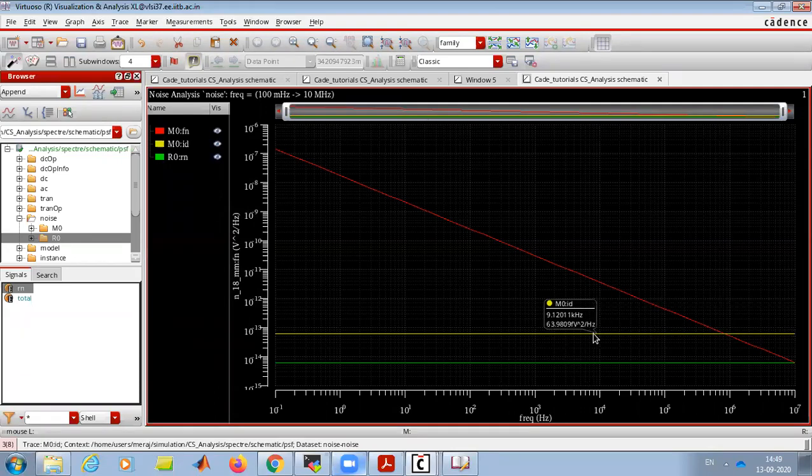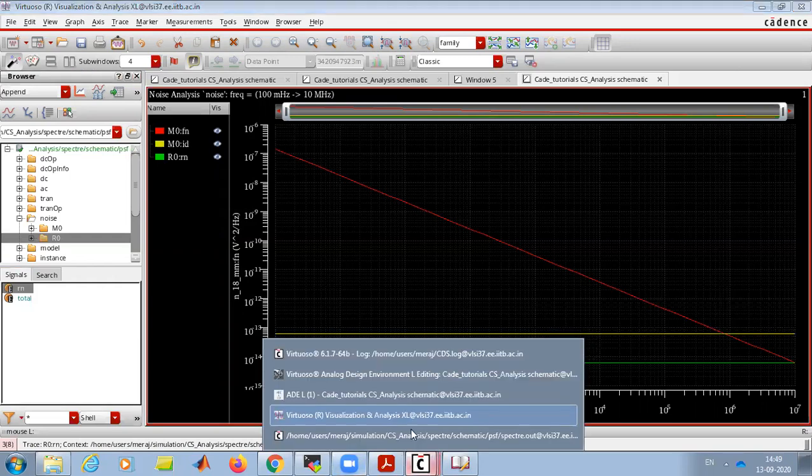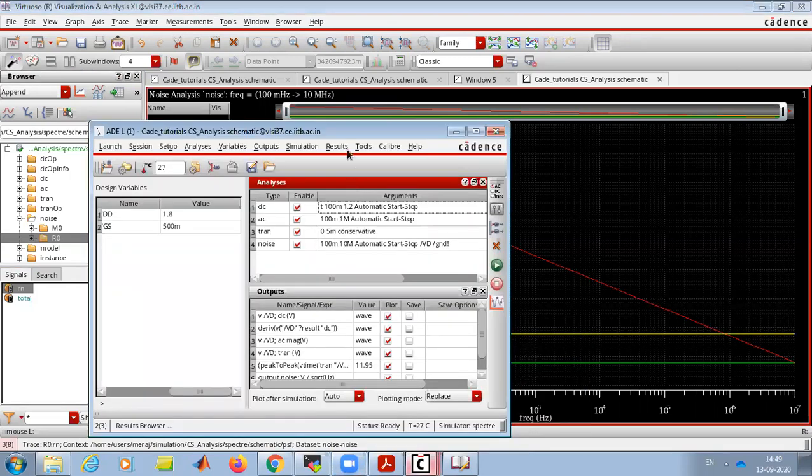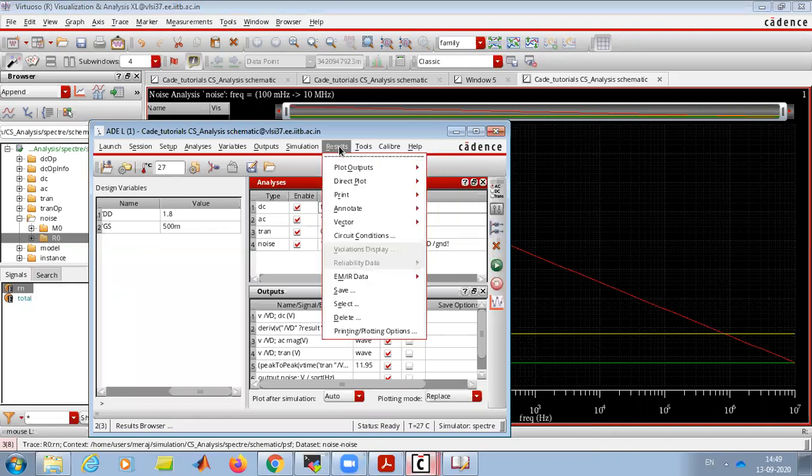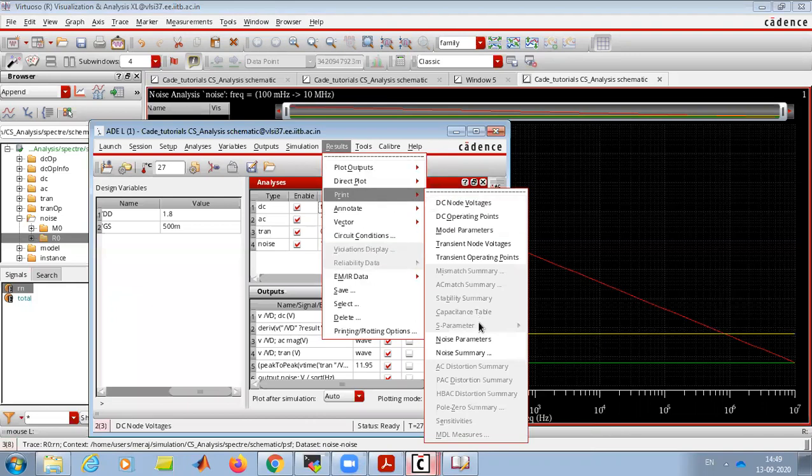Otherwise, these noises are RMS squared. You sum them and find the root mean square, which you'll learn later. But these are the ways in which we can isolate each component. There is also one option, result print noise summary.